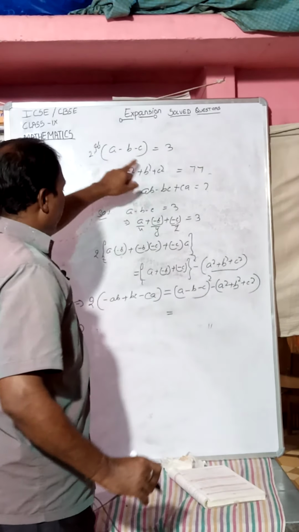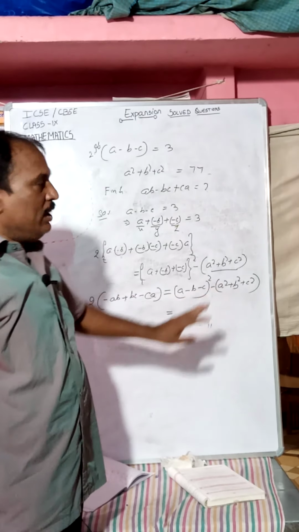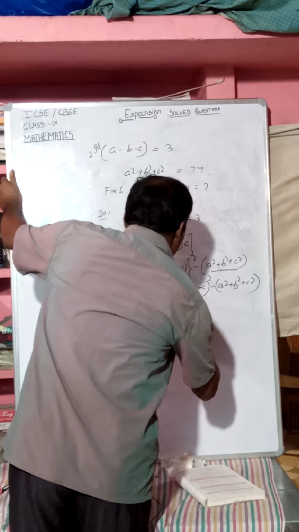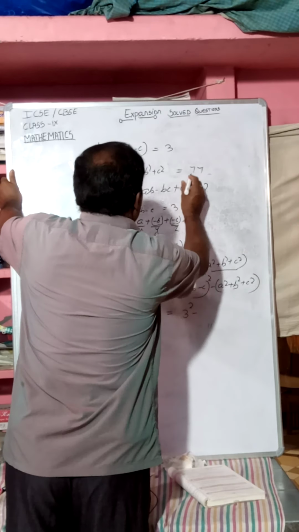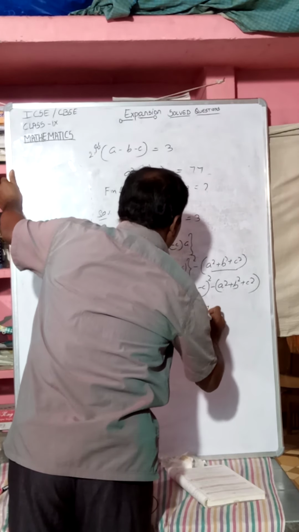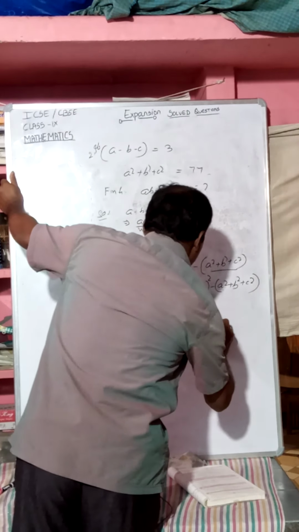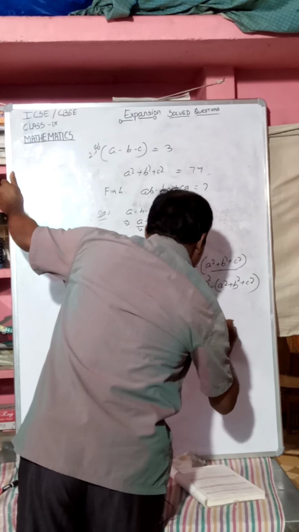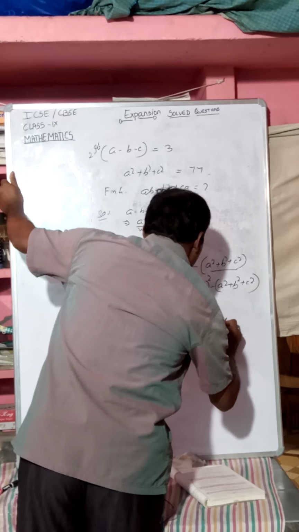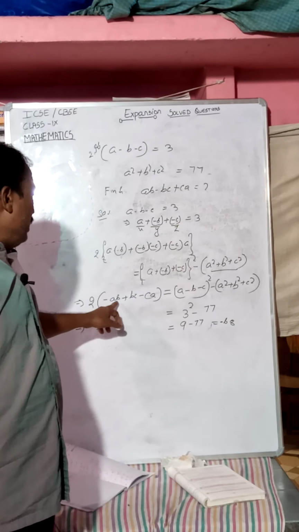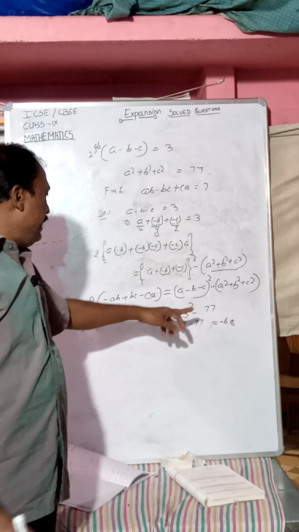So we put instead of A − B − C, 3 square minus (A² + B² + C²) is equal to 77. That is equal to 9 − 77, which is −68. So 2 into (−AB + BC − CA) is equal to this much,